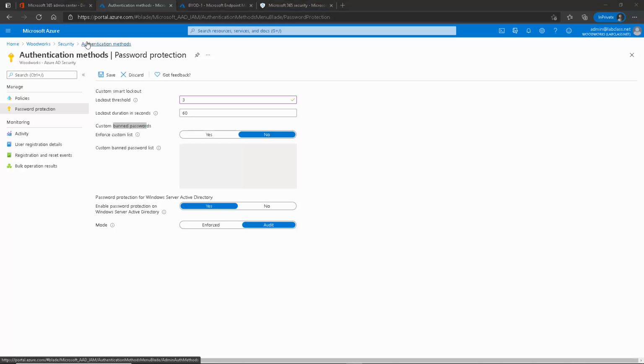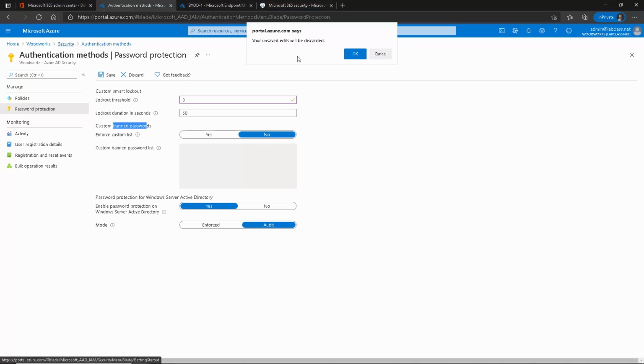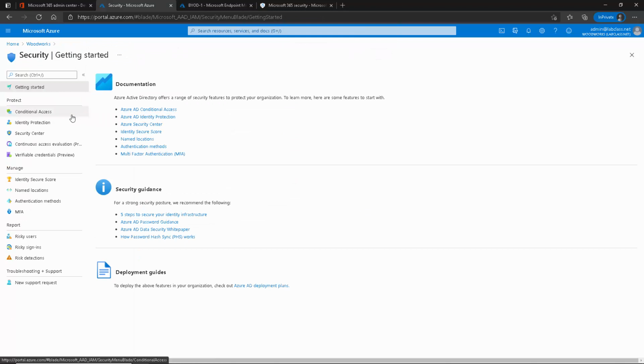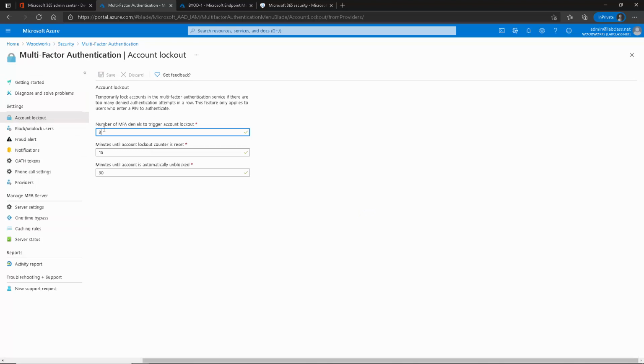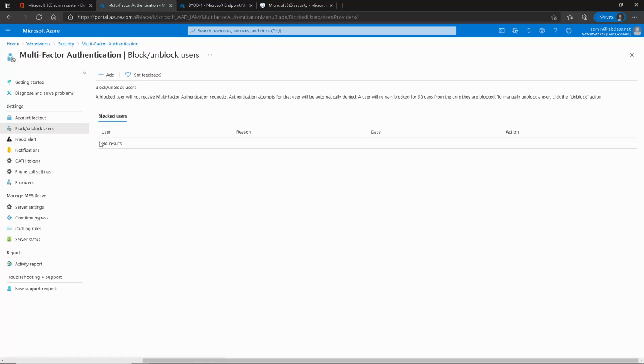If we go back here, back to security, cancel out those settings, we don't want to use them. There's also the MFA down here. As MFA gets used, based off the atypical location where somebody is logging in, and if you ever get a challenge that you didn't initiate, you'll be able to report it as fraud. If somebody fails MFA too many times, we have denials on that, how many minutes they're locked out, and then maybe just blocking users and putting them under investigation,